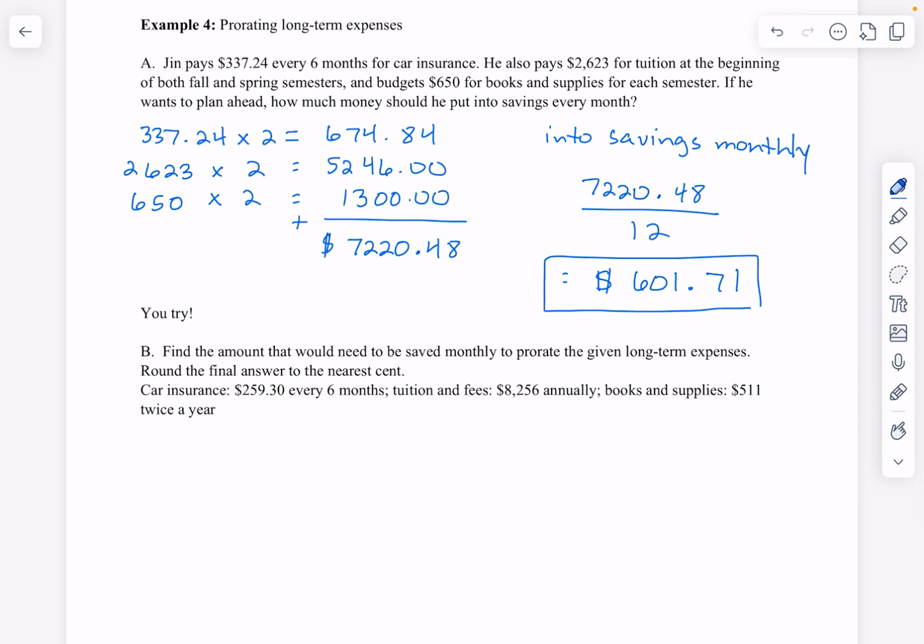So the U-Try problem, a similar one. See if you can handle it here. So the answer is $816.38 that needs to be saved monthly. All right, and that is all of 7